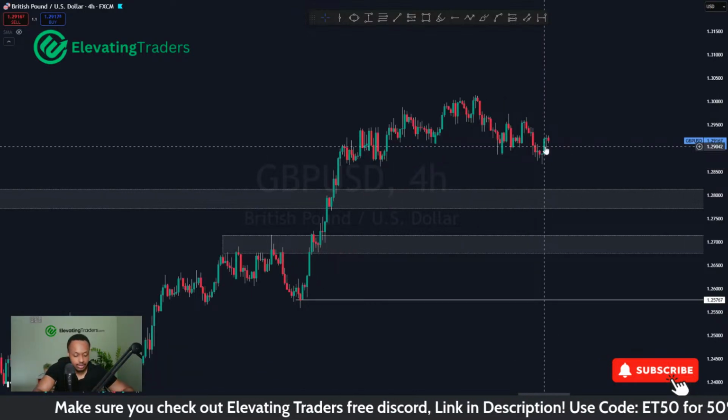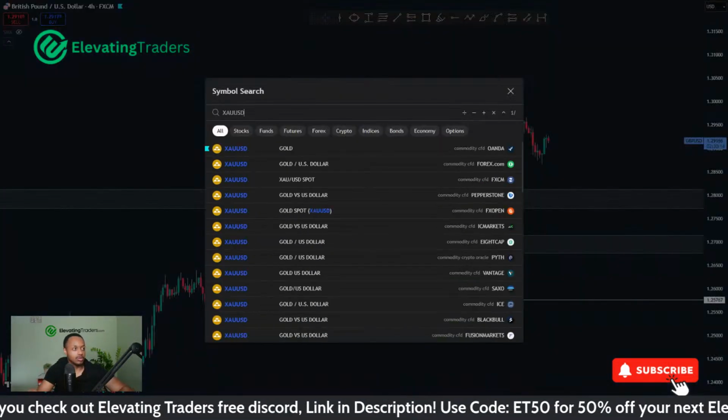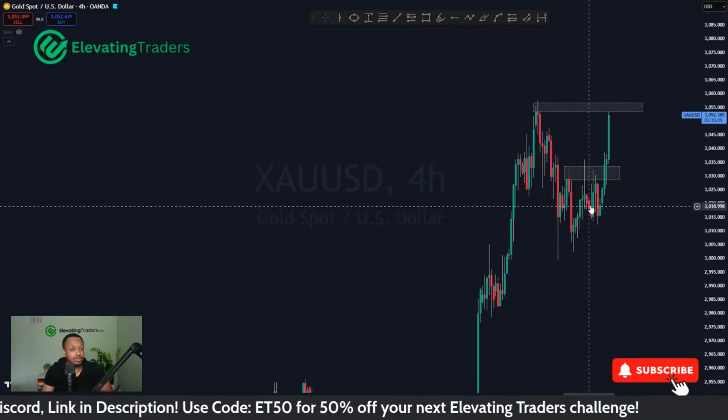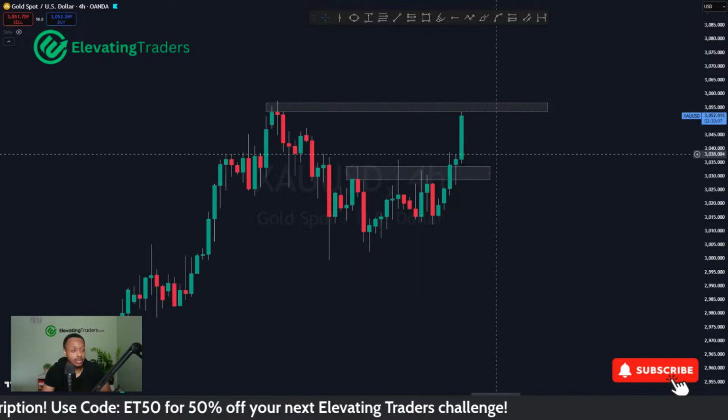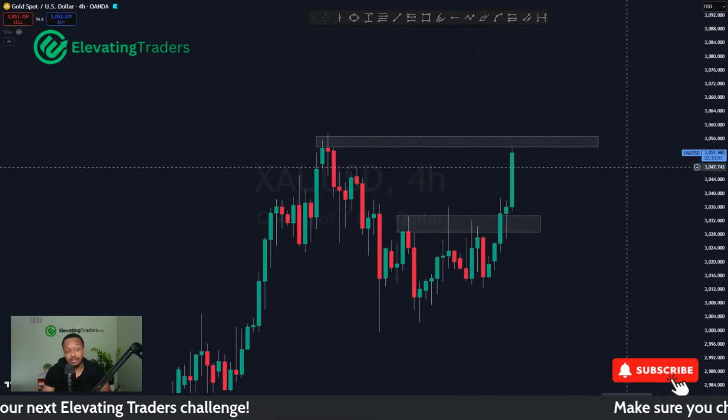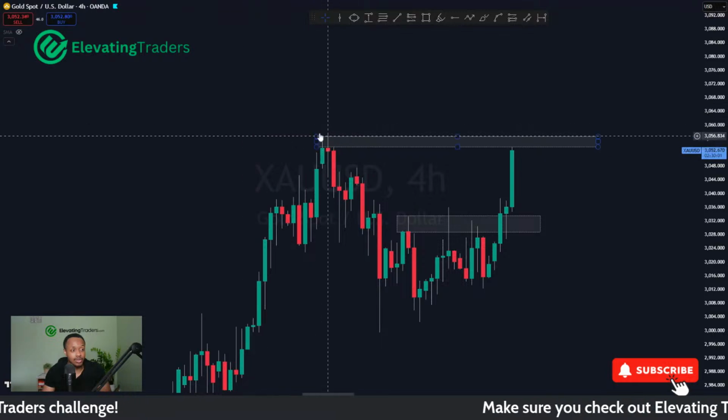Let's take a look at gold, US 30, and oil. So as I said with gold, just looking really bullish in terms of opportunities. Difficult to get involved really, unless you caught the breakout here. Then really nice trade. Next situation is to see what we do at the high here.